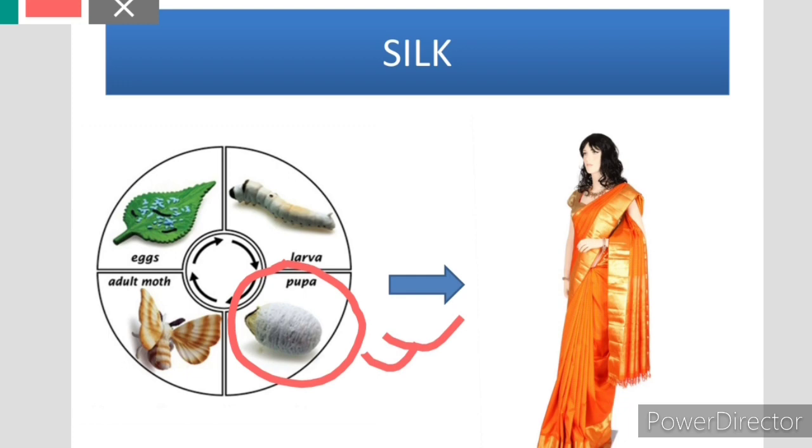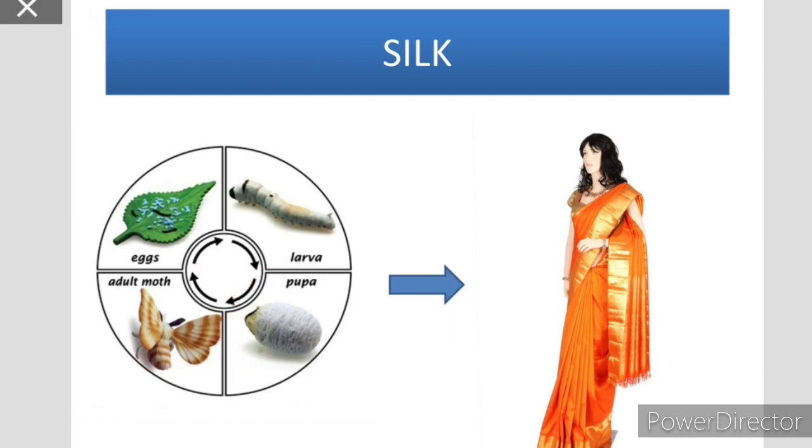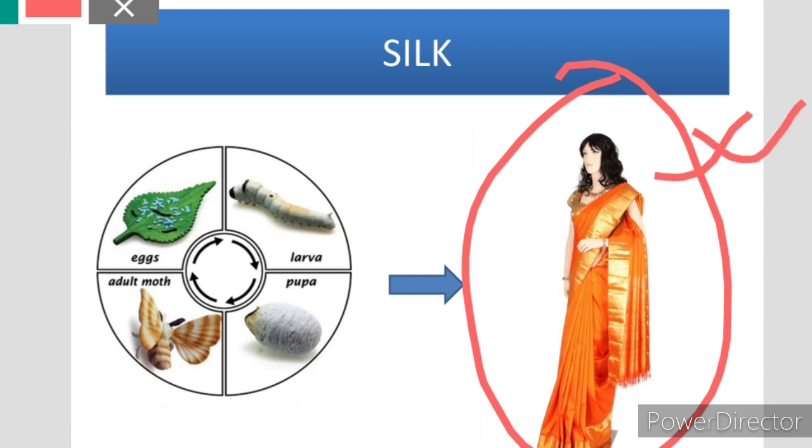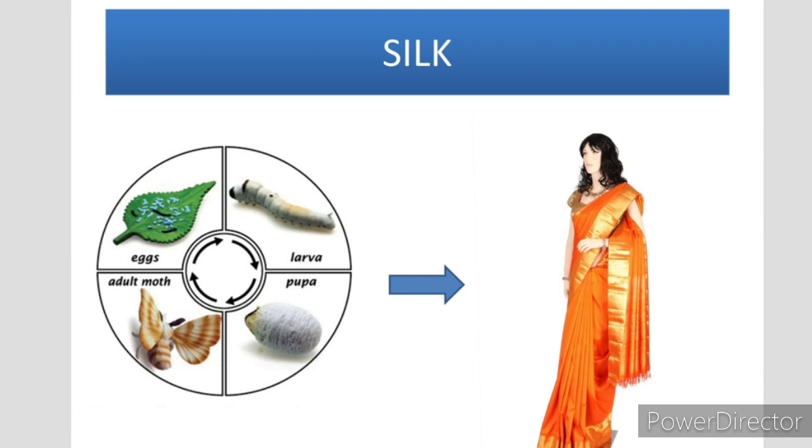If I'm thinking about it, there is not much. As the quantity is very less, the price of the silk is very high. This is very, very expensive. That is why humans have to think about artificial silks. Artificial silks are those which are artificially made with the help of different chemicals in a laboratory.